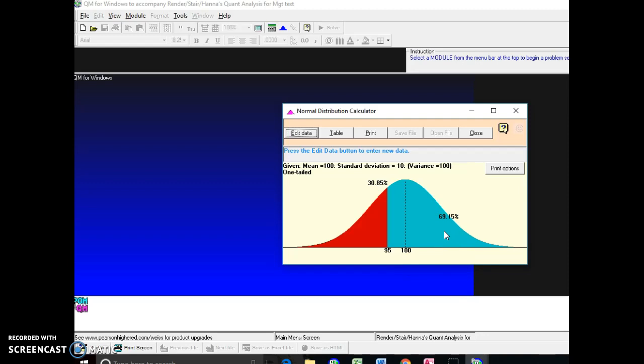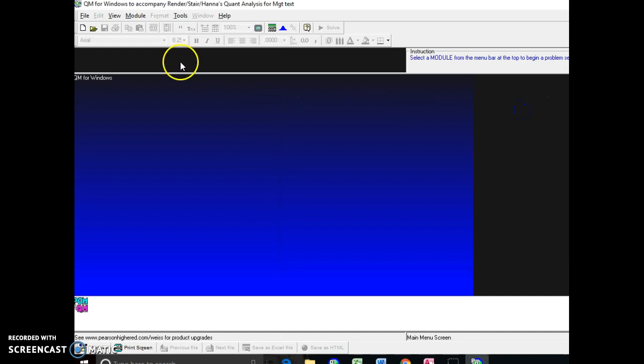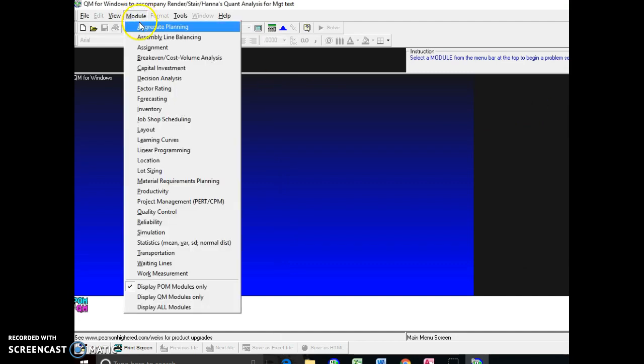This is simply an illustration of how we can use QM for Windows to do many of the problems and also simplify a lot of the mathematics that we'll be going through. It can be your best friend if you're able to really spend time with it and work through it. But again, I'll just close this out. We could go into any of these others,